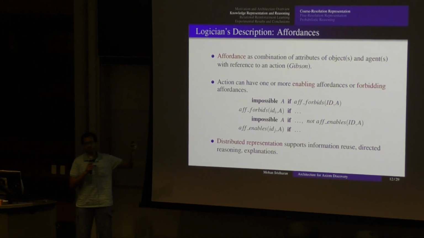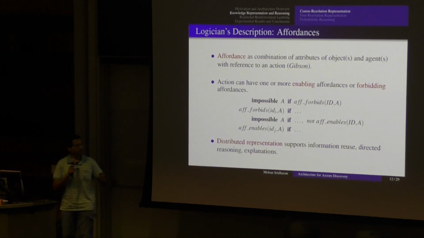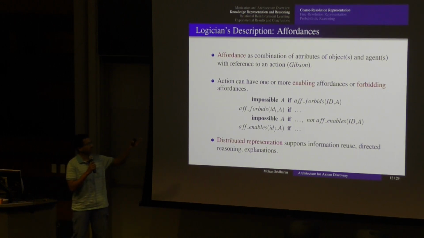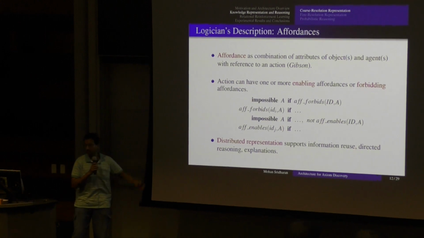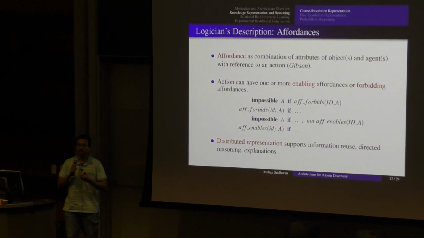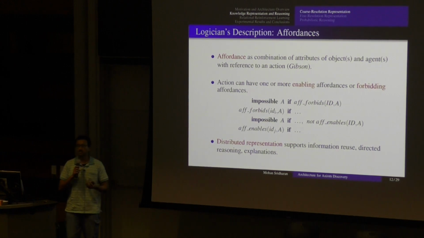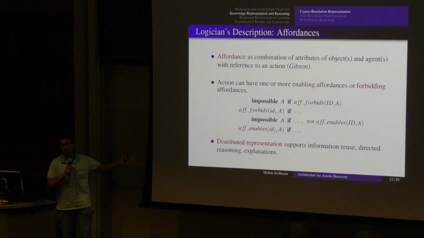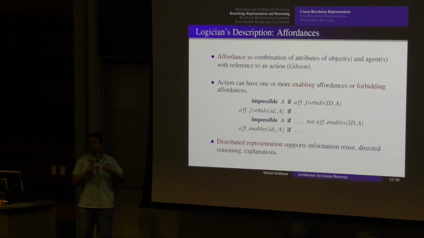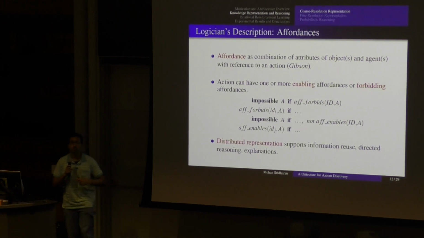And this ID is a variable that can be one of different ones. For instance, you can say this action is forbidden because there is a particular relation tied to ID1 or IDi here, and that has certain properties. So as a result of those properties of agent and the objects, this agent cannot perform this particular action. Similarly, you can also talk about actions being enabled. And by the way, this NOT here is default negation, not a typo. Okay, so the thing I wanted to highlight here is that it's a distributed representation, and this provides certain advantages.